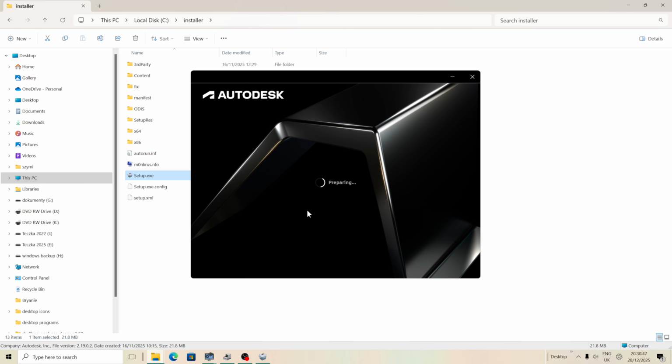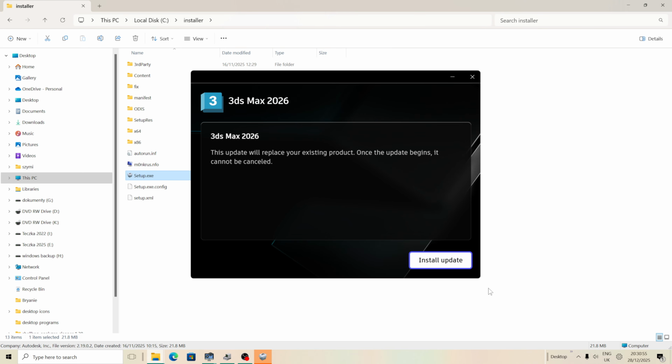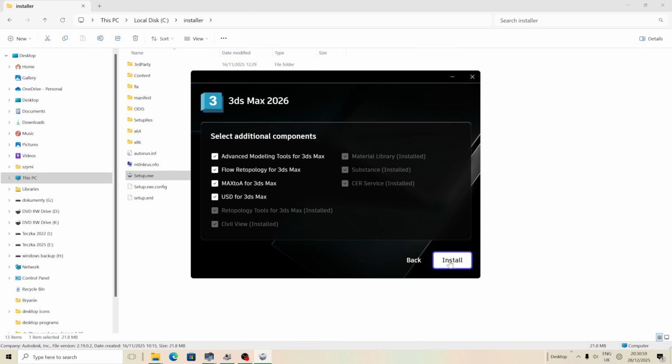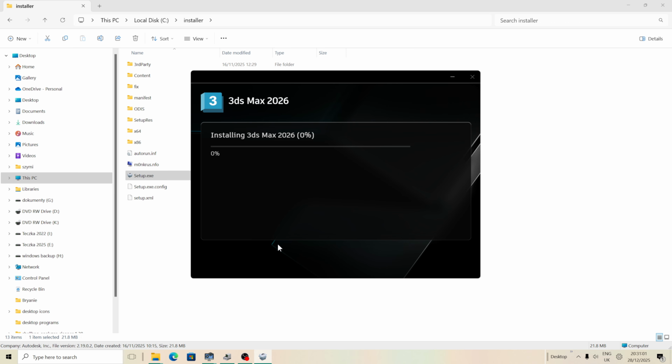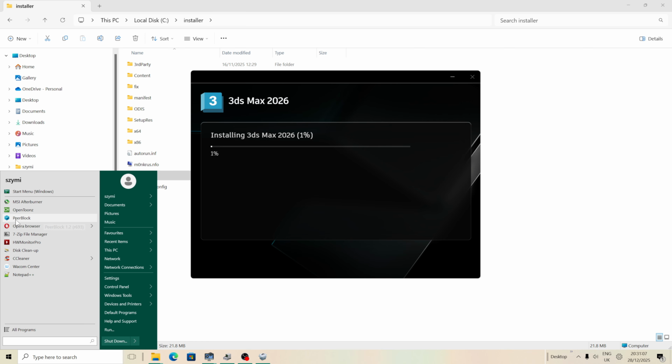I have to check because I deleted one folder. Oh yes, it works. It works. You have to delete the folder auto update in the registry editor. If you don't remember,